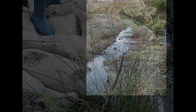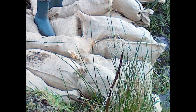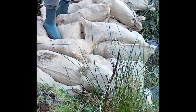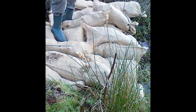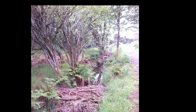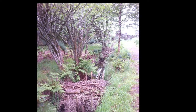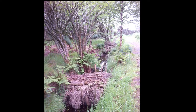This started with a natural dam made from hessian sacks filled with chipped gorse removed from the moss as part of a Scottish Natural Heritage Peatland Action funded project in 2014. A number of natural dams have now been placed along the drainage ditch, successfully slowing down water loss and creating habitats for freshwater invertebrates. These were all created by volunteers on Climate Week North East events and a Butterfly Conservation